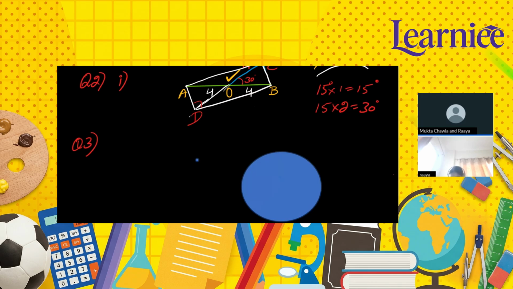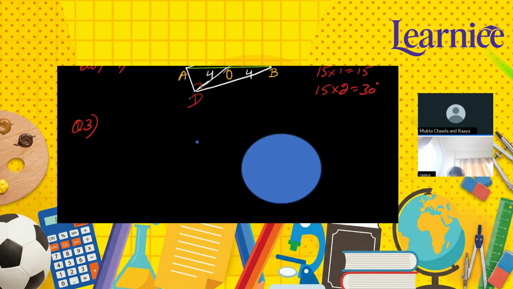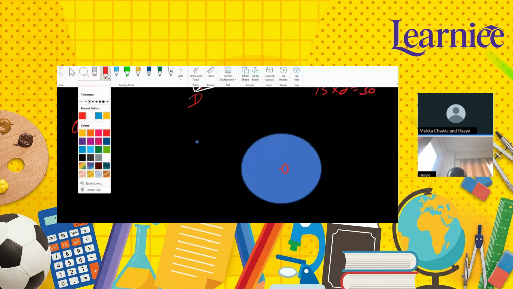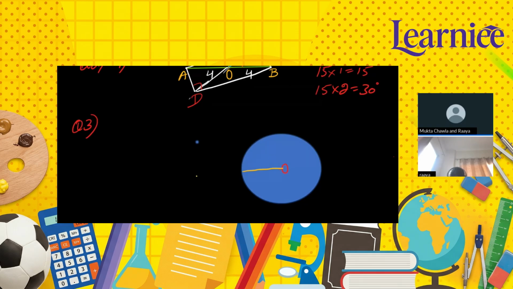Okay. Now, what are they asking? You have been given a circle. Consider a circle with center O. Okay. We have to take center O for this one. Now, next, line segments PL and AM are two perpendicular diameters of the circle. PL and AM are the two diameters, but they are perpendicular to each other. So what does that mean? If two diameters are there and they are perpendicular, it means they will be bisecting at 90 degree. Got that?